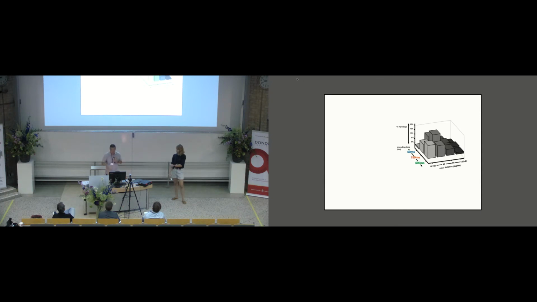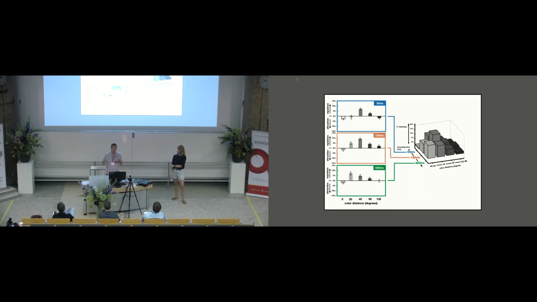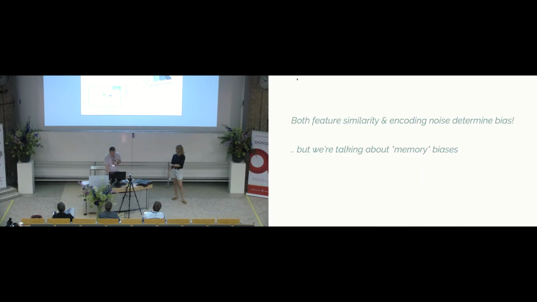As you can see here, you see repulsion at different degrees in different conditions. If you look at 50 millisecond encoding time, you see maximum repulsion at 45-degree color difference. But if you increase the encoding time a little so that the noise becomes less, then you have to move them closer to each other before you see similar repulsion. And that's even more so when you increase it to 500 milliseconds. So what you're seeing here is a way to manipulate signal-to-noise ratio, and you see that you need a repulsion bias when they are more overlapping with each other.